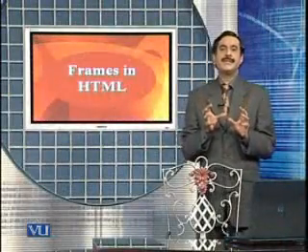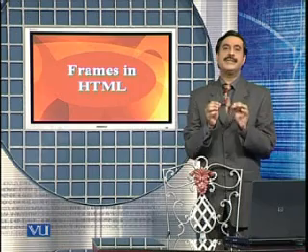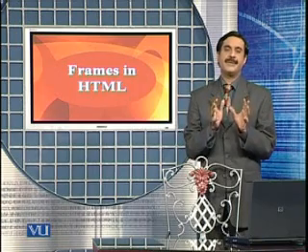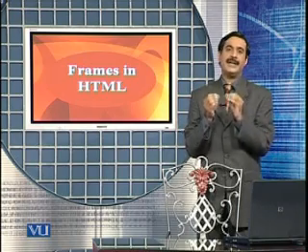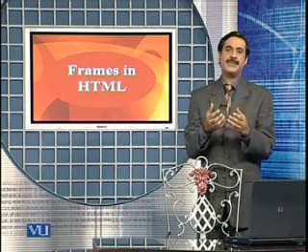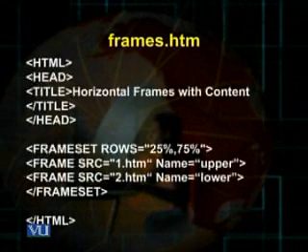Next, I want to mention that we can use the frame tags in the frameset tag for providing information about the content files which are to be displayed on these frames. For example, in the frame tag, I can use the attribute source, src, and I can keep its value as the content file name which I want to be displayed in this particular frame.